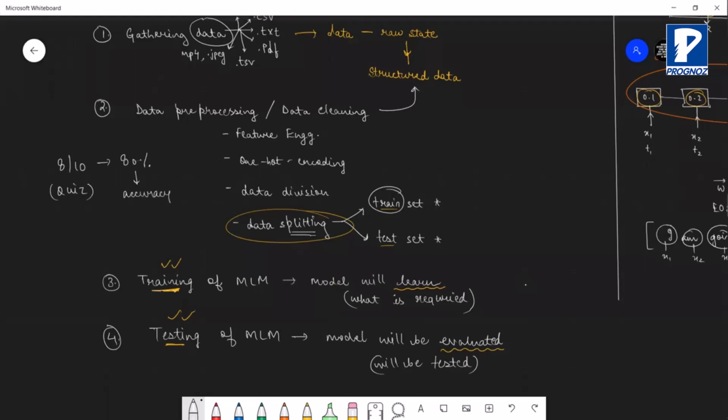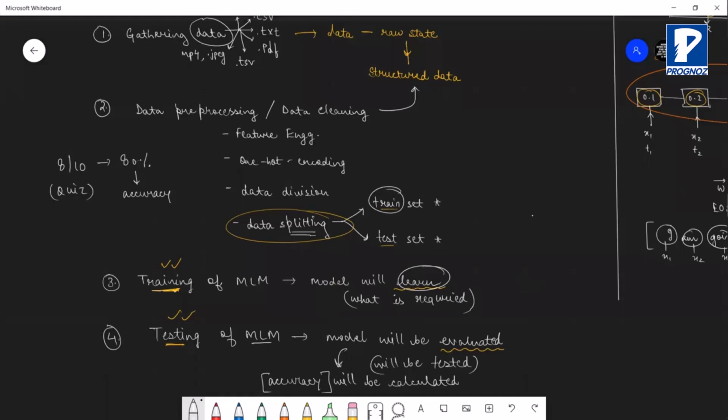Okay, so कहने का मतलब है कि whenever we are talking about model will be evaluated, somehow I'm also trying to say that यहाँ पर you will be getting accuracy. So accuracy will be calculated. Accuracy of what? Accuracy of machine learning model only. So accuracy will be calculated. Okay, कि वो कितना अच्छा से learn कर पाया. Okay, that is the main objective ना. It has to learn. So वो कितना अच्छा से learn कर पाया, इसको evaluation कैसे होगा? With the help of accuracy. And accuracy कहाँ से calculate करेंगे? While we are talking about testing phase of the algorithm.